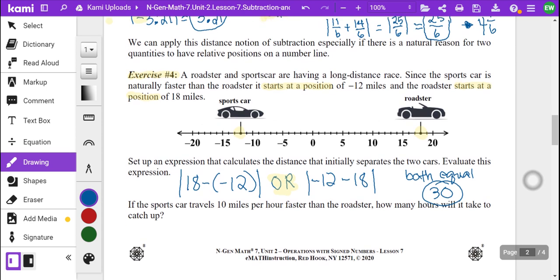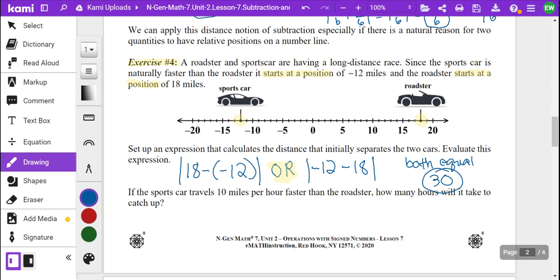All right, so if the sports car travels 10 miles per hour faster than the roadster, how many hours will it take to catch up? Okay, so this is just a little bonus question, since we aren't teaching this specifically right now. I want to see if you guys can get this right. You can. I'm not going to give you the answer. I want you to show me what the answer is in your notes on Monday, and we will see what happens there. So this is a bonus,